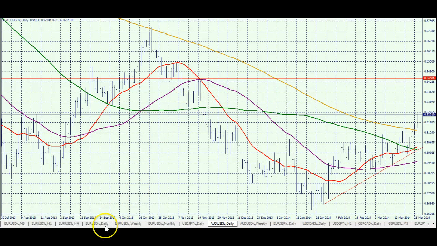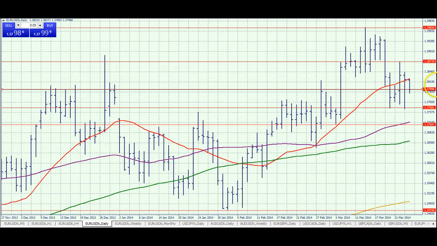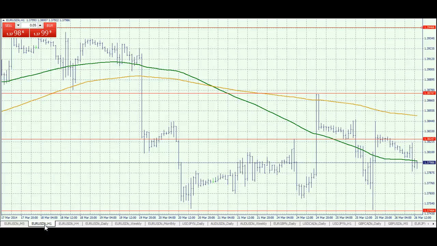Euro dollar, to me, is stuck in this range. We've narrowed it down to around 137.50 to 138.80. If you look at the 1 hour chart, let me get everything down here, the 1 hour chart is kind of a mess. If you look at the way it's been trading, you got that spike down, probably on Yellen. You had a spike up, you had a spike down, another spike up. All this is doing is running stops within a range.